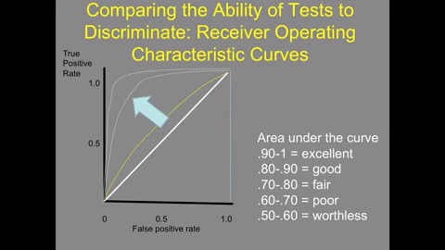And then in between, there are these two curves where there is an intermediate value to that particular test. So what you're trying to do is